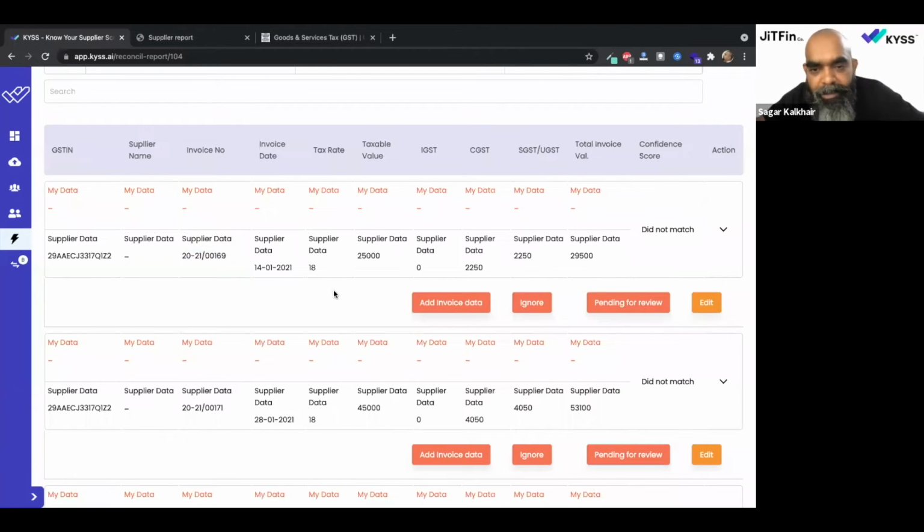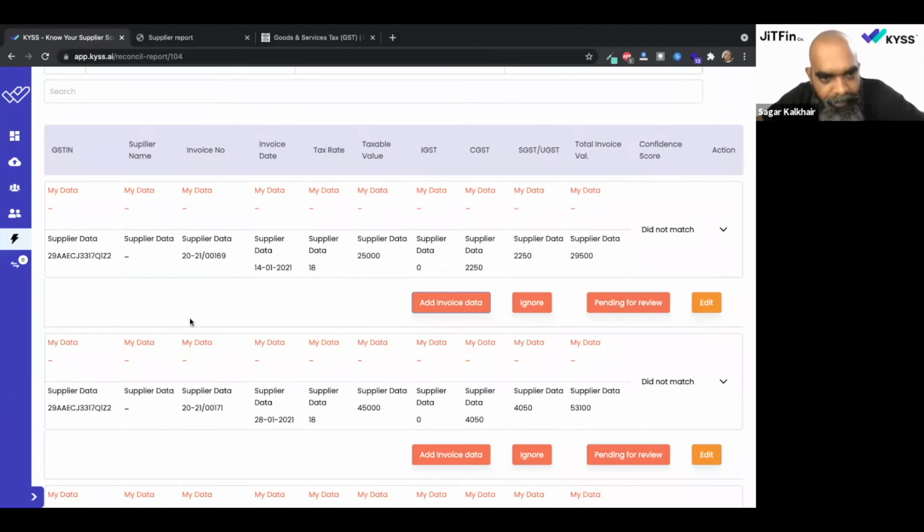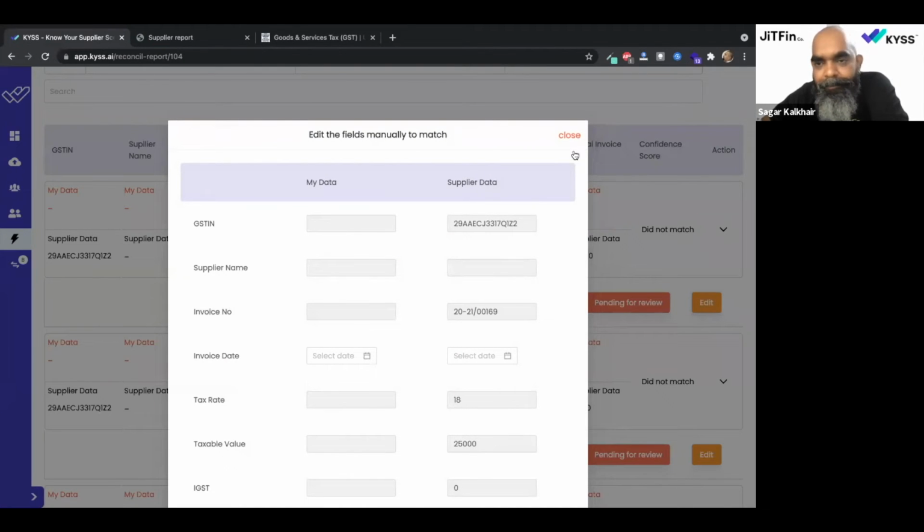But for scenarios like these, you can click on add invoice data, search for a particular invoice to see whether the tool has missed something, right? So let us say based on the algorithm that we have, it couldn't find it, but there was an invoice number there. You could go ahead and map this manually, or you could choose to ignore it. Let us say that you decide that this is something that is not mine at all. It was probably filed by mistake by a supplier who's not my supplier at all. Or it could be that you don't know what this case is all about, so you can map this and add this to pending for review. You could also edit it and then add the data manually if you would like.